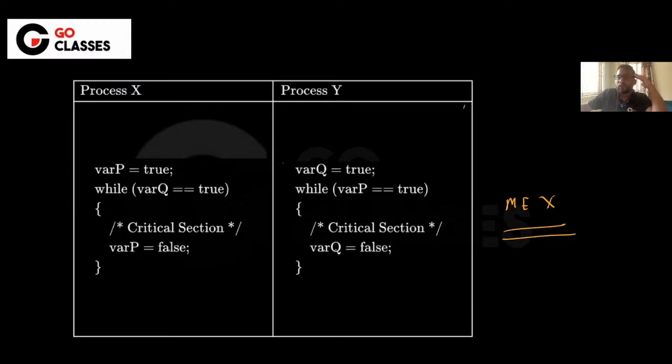Right? Since there is no infinite loop, I mean, it is not having any infinite loop which is waiting. So that's why deadlock is not possible here. See, there is no infinite loop. Infinite loop means that it keeps on waiting, keeps on waiting, keeps on waiting. Since that's not the case, so that's why I will say,